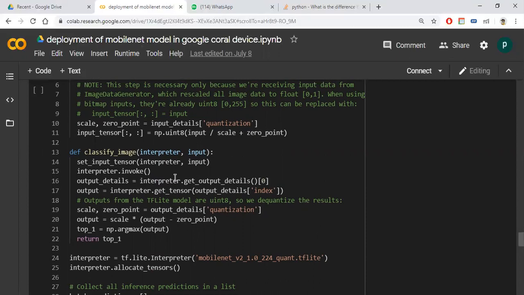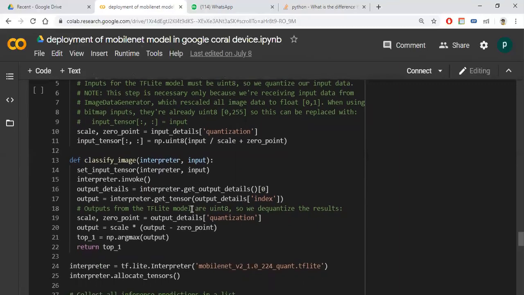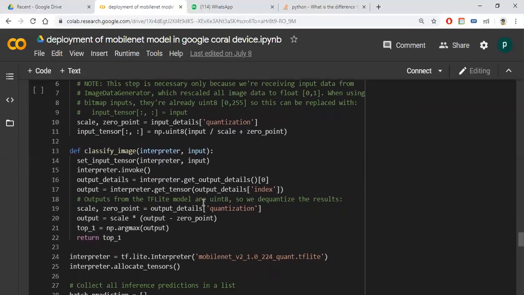This is the interpreter's get output details. It gives the details of the input image data.